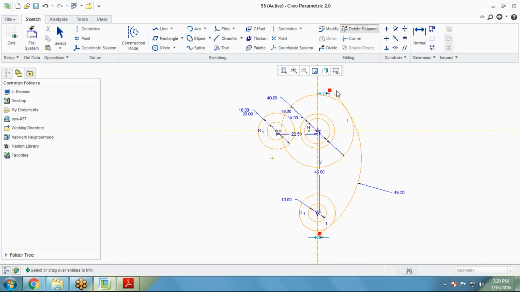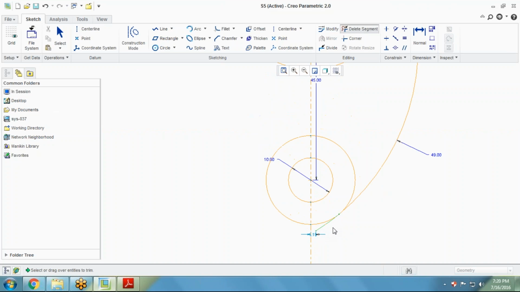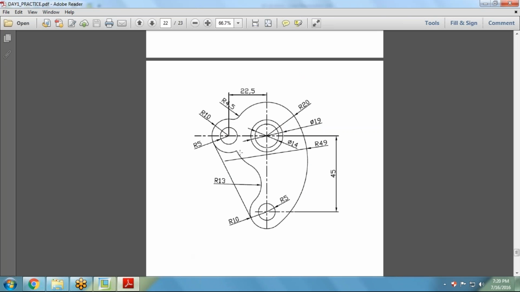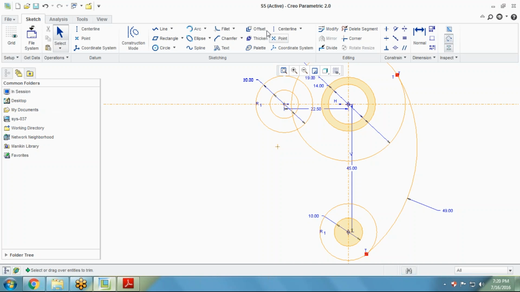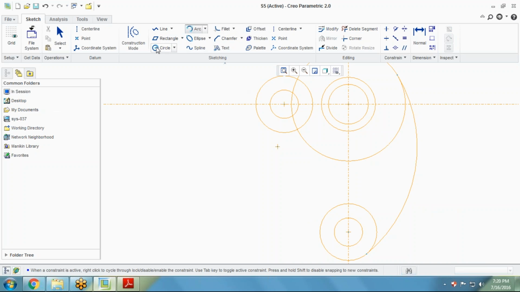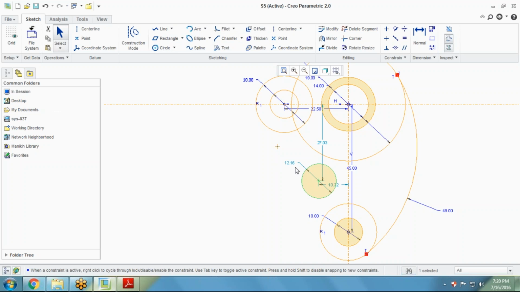Then trim the segment. After that just create one circle of radius 13 between them. So create one circle, radius will be 13, means 26 is the diameter,